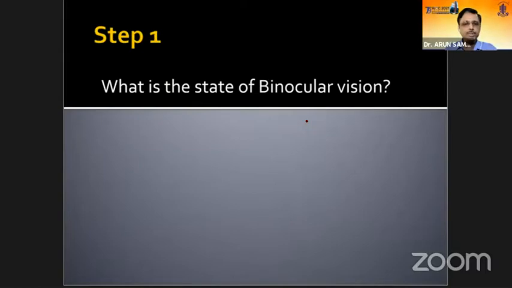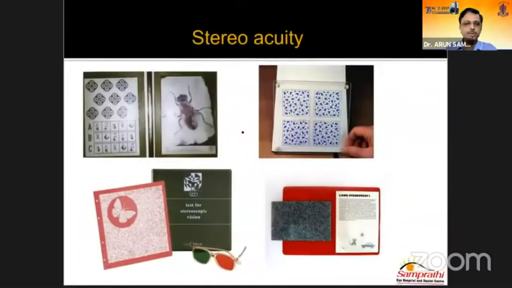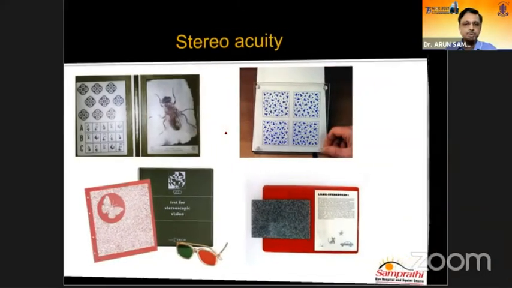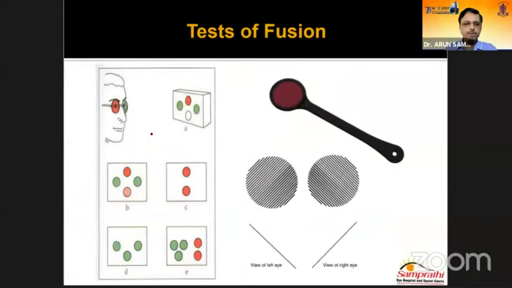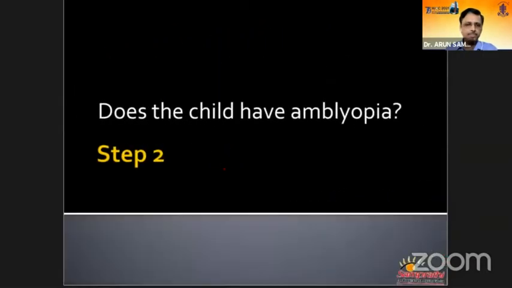Coming to the steps of examination, first we'd like to see the binocular vision, because once you dissociate the eyes, you may not be able to get an accurate measurement of the BSV. These are the different tests which are used for the diagnosis of binocular vision, and the Titmus fly test is the most commonly used. These are the other tests of fusion, and the Worth four-dot test all of us have in our ophthalmic units. It tests the peripheral fusion on distance and foveal fusion on near.